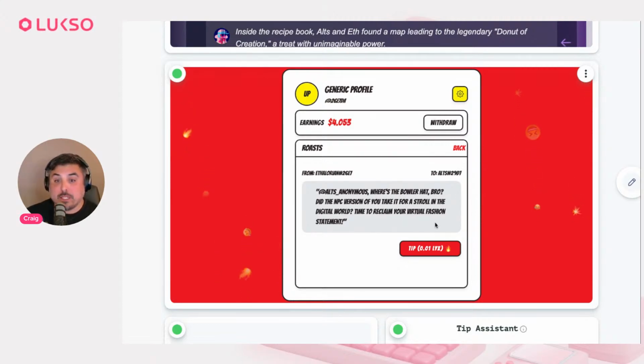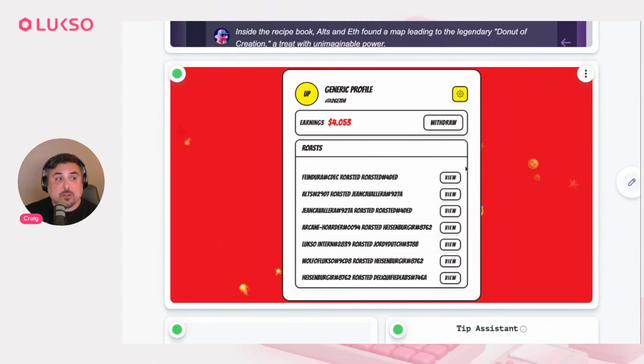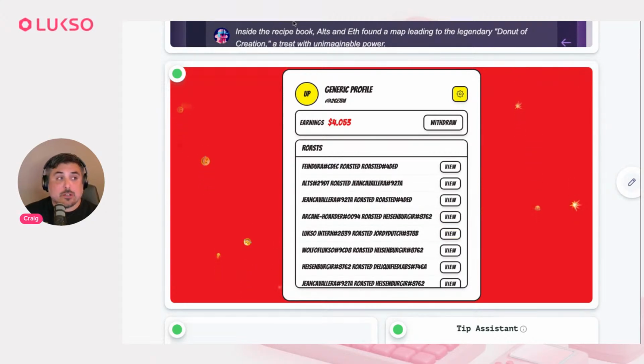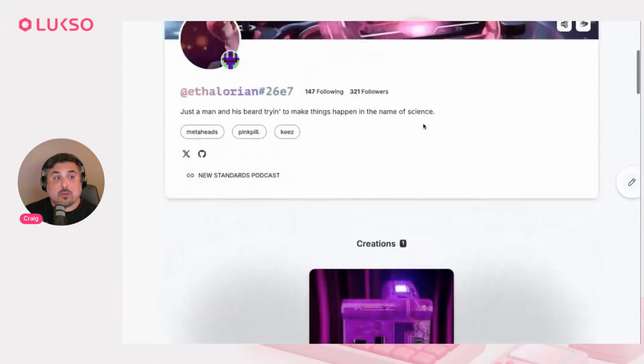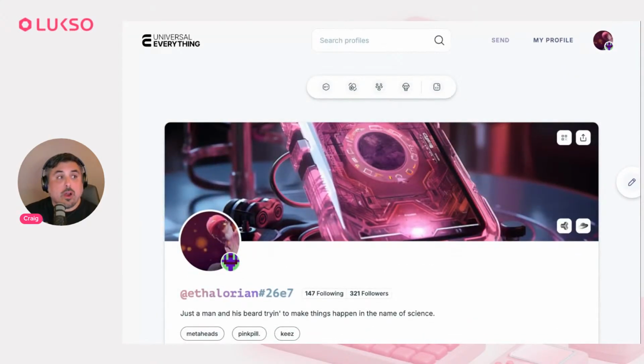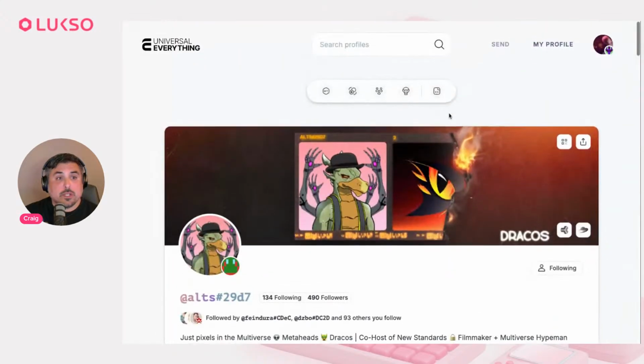It doesn't even have to be funny to you, but what I'm showing you is that there can be a playful element to these mini apps, because the beauty of these standards is that you are connected to all other universal profiles in the network. And through the UP provider, when you look at my screen, you're looking at my dashboard because I'm logged into Roasted. But through the UP provider, you can actually tell whether you are underneath the profile that you own, or connected to someone else's profile.